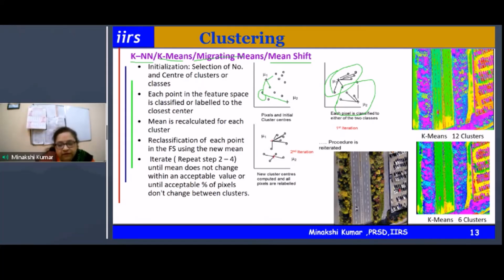For example, for that same very high resolution UAV image, I tried to find out using k-means the 6 clusters and the 12 clusters. Even the clustering is able to separate out my major classes. But if you see, if I take only 6 clusters, the cars come out as a whole, whereas in the previous one, I could separate out the windshield as well as the shadows of the cars. So this is my clustering based